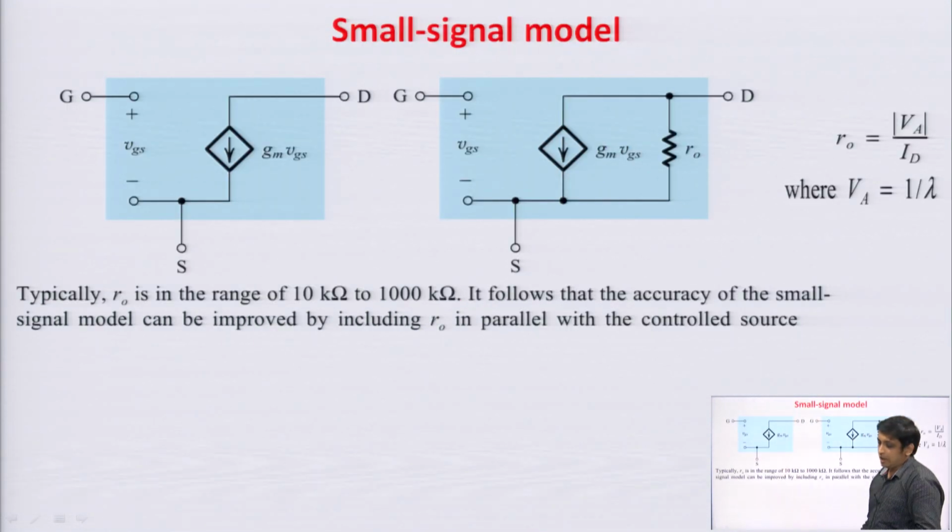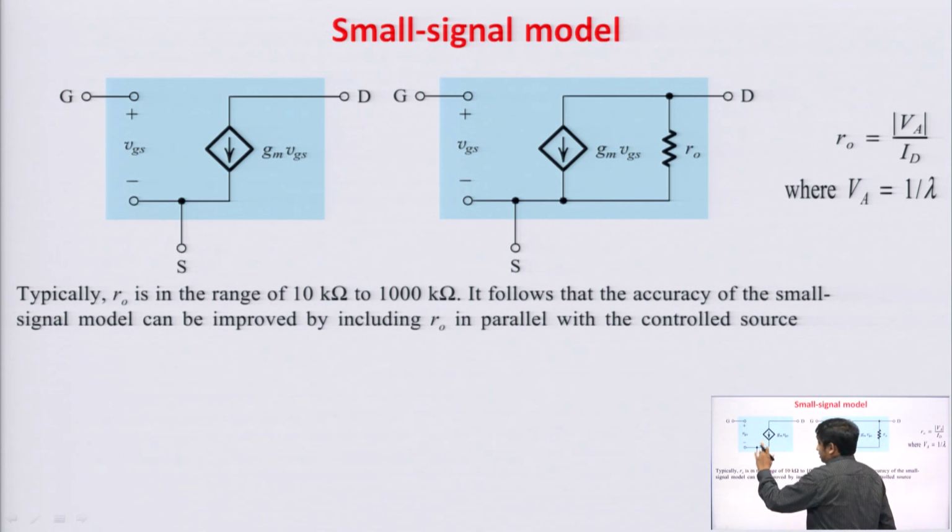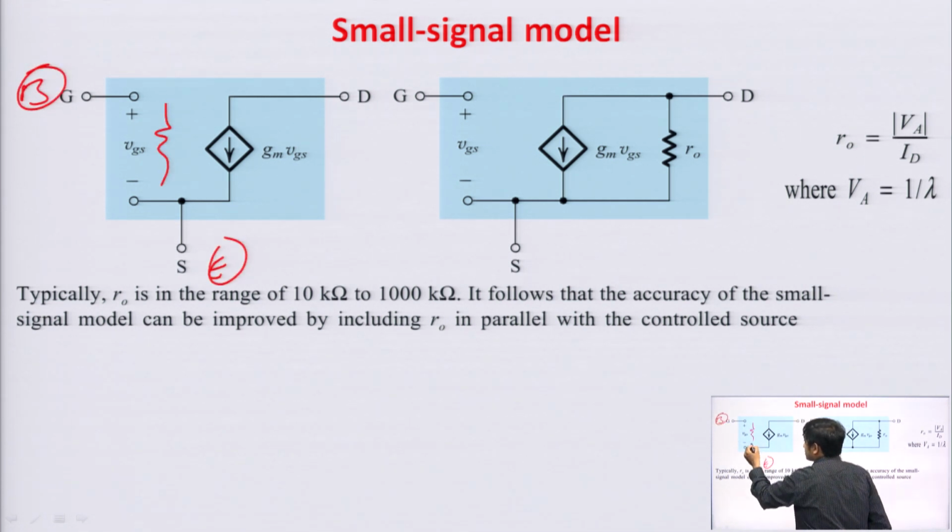So, like we had drawn the small signal model in BJT, similarly we can draw this small signal model for MOSFET also. So, there are two models, hybrid pi model and T model. The only difference, just see the difference, once you understand the difference, you can easily do it for MOSFET, because you have already done it for BJT. In BJT, there is a resistance connected between the base terminal and the emitter terminal, that resistance is r pi, fine.